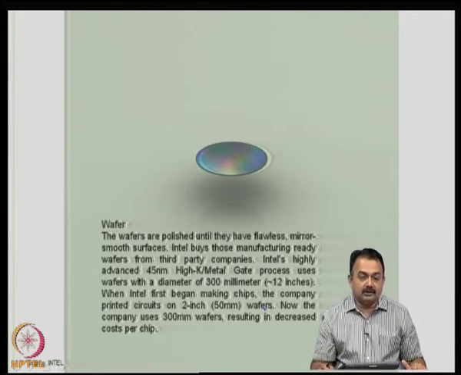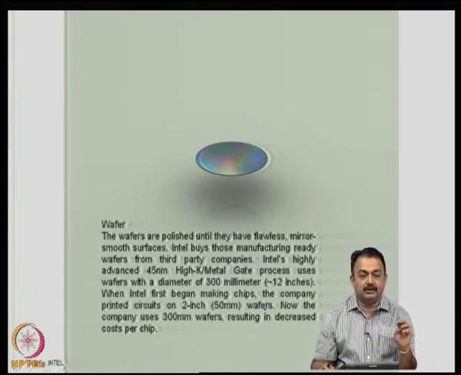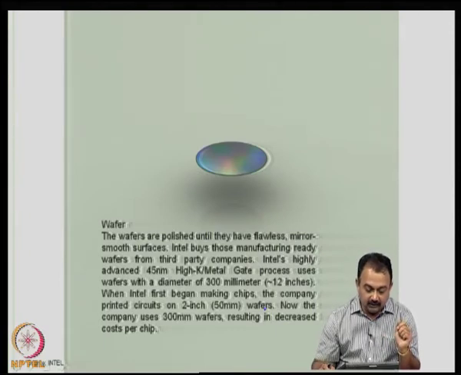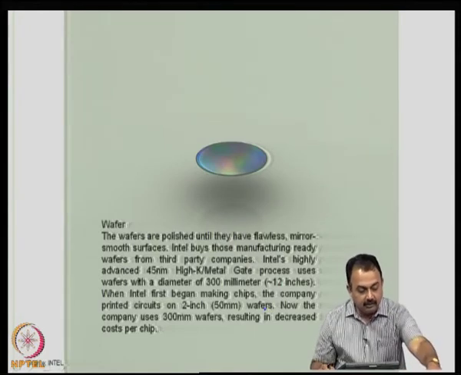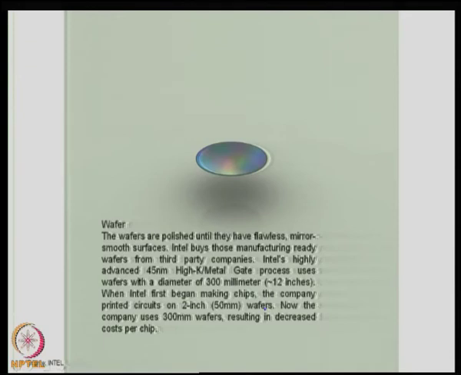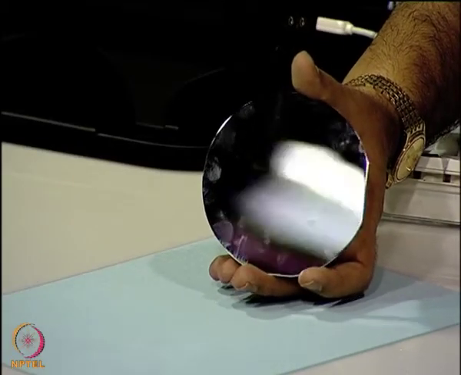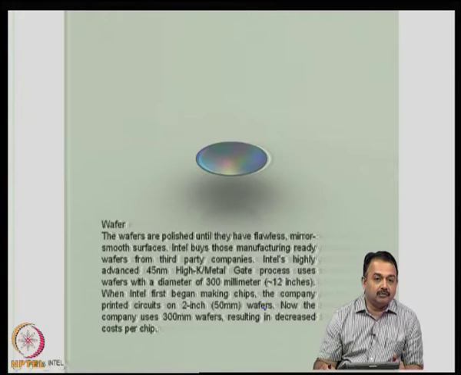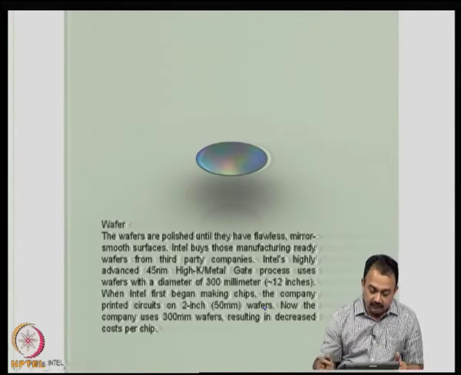Now, the wafers are polished. Once you get the first cut wafers, before you start the imaging process, you want to make sure that there is no defect caused by the cutting or extraneous material or surface defects. So, basically you want to polish it, and you can see that polishing can give you a very nice mirror-like image, as you can see here. They should be flawless, and mirror-smooth surfaces need to be obtained. That is when you are ready to begin the imaging process.